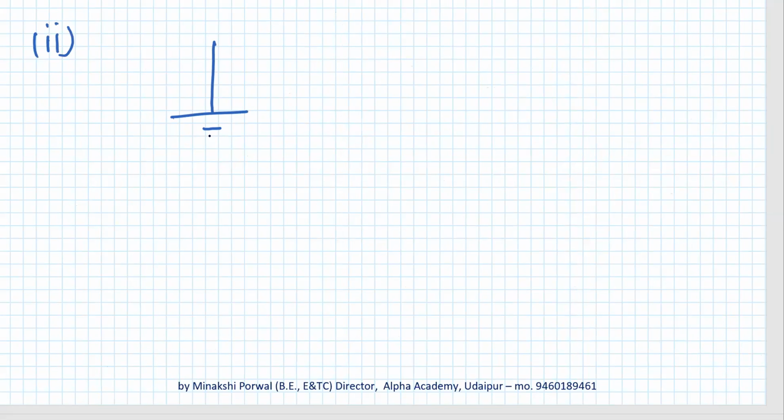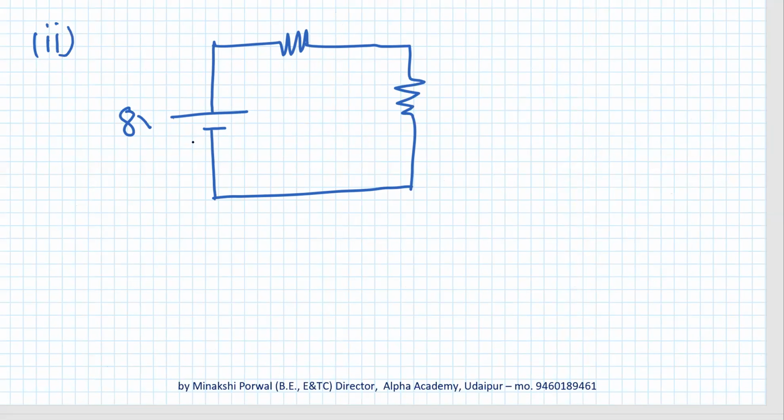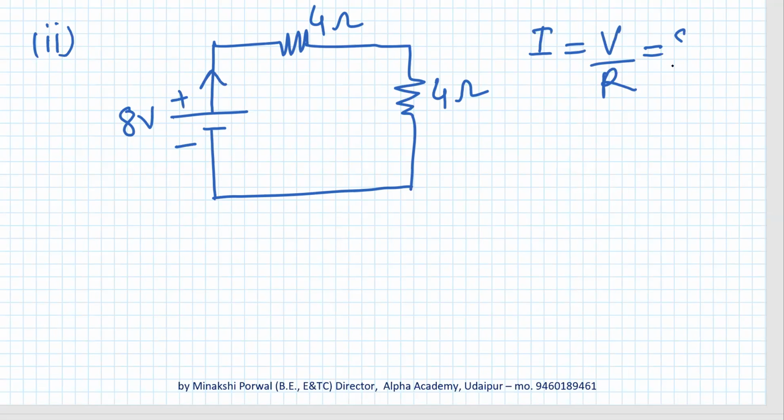That is 8 ohm, 8 volt, 4. When we are solving something specific, if we do not draw the ammeters and key, then also it's fine, because we are bothered now only about resistances. 4 and 4 are in series, so the effective resistance is 8 ohm. So current I will be equal to V upon R. V is 8 and R is also 8, so I is 1 ampere. Now the current flowing through 4 ohm will be 1 ampere.